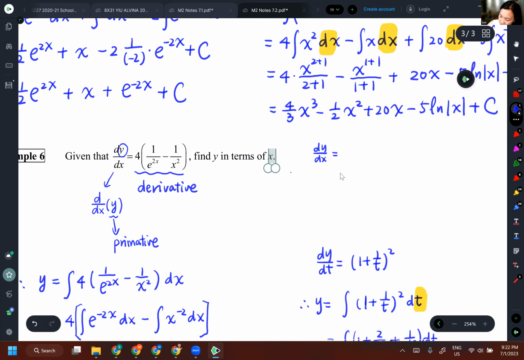So if I have dy dx equal to 1 over e to the power 2x minus 1 over x, anyway, the right-hand side does not matter. In the past, I think it was allowed to write this. You can write dy equals